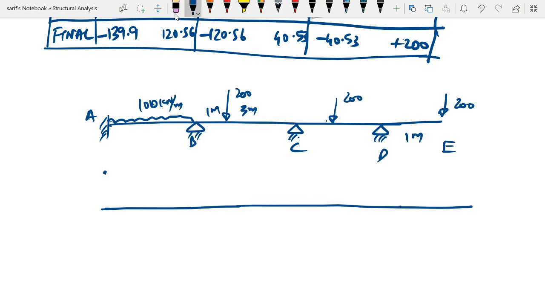So let us say this is 139.9, and here it is 120.56, and this is 40.53, and here it is 200. So let us mark it as 200 here. Now to draw the support bending moment diagram, we simply have to join them by straight lines,